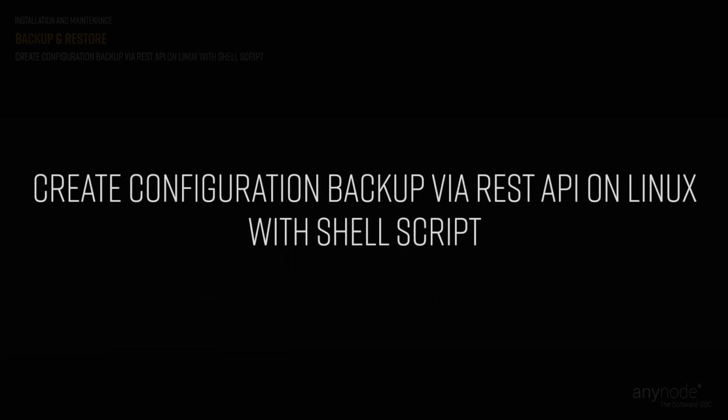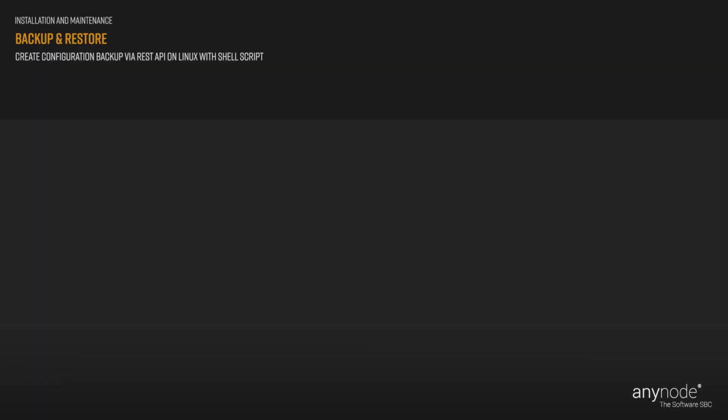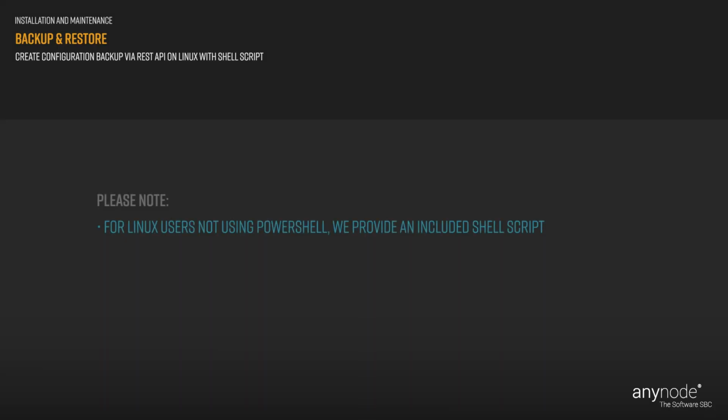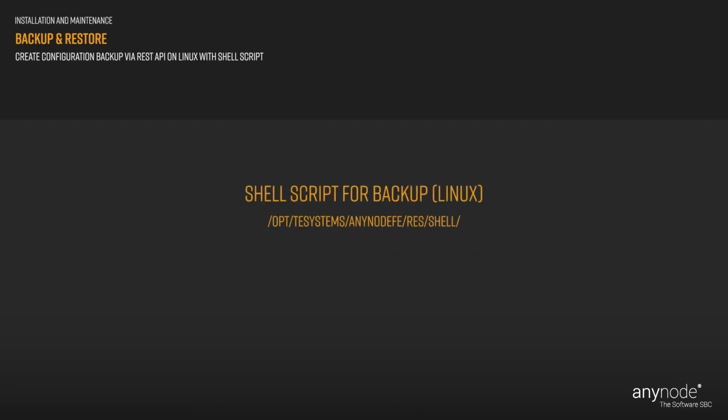Create configuration backup via REST API on Linux with shell script. For Linux users not using PowerShell, we provide an included shell script that only needs minimal editing of the parameters. Anynode provides the corresponding shell script with every Linux installation. The path to the script is: